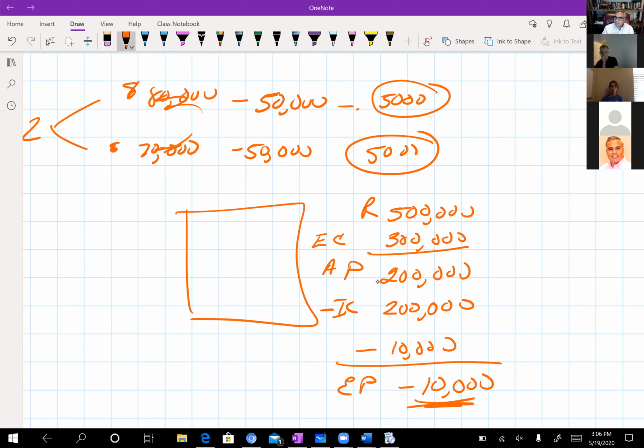Does that make sense? Because by being in this business, they lost the opportunity of earning their income, and they also lost the opportunity of earning the interest. So they were making $210,000 before the business. Now they're only making $200,000, so they are actually worse off by $10,000. Questions? Okay, so then